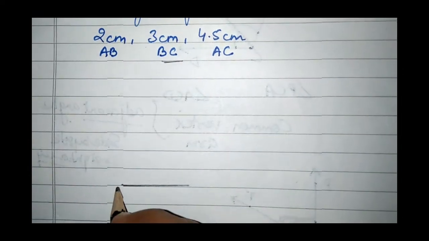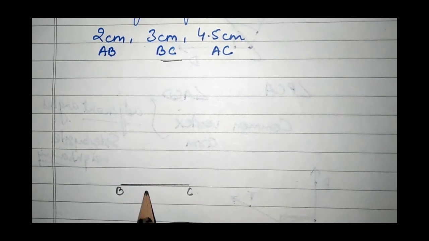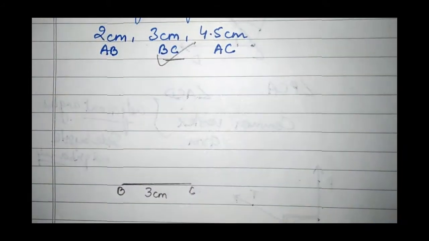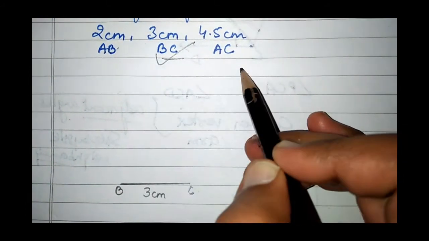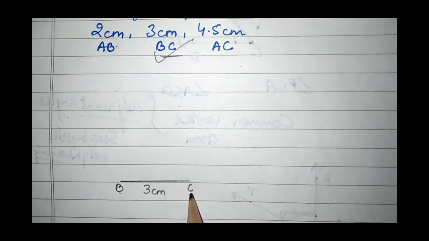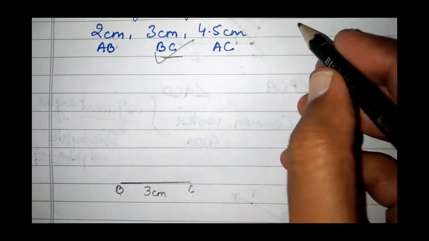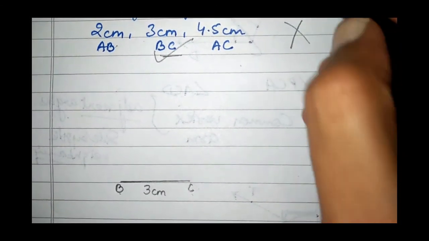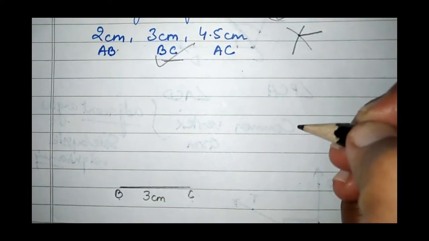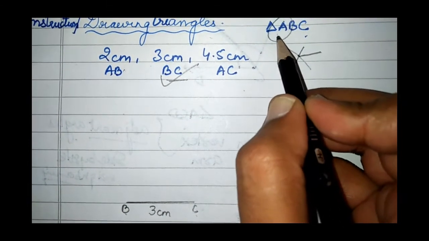This is BC. As soon as I draw the line segment, I will name it BC and write the measurement 3 centimeter. Now this is done. Now we have to draw line segments AB and AC. For that, you can see here I have point B, I have point C, but point A of the triangle is missing. To get point A, we need to intersect two things. You all know that when two line segments or two things intersect, we get a point of intersection. So to get point A, which is missing in the triangle, we need to intersect.